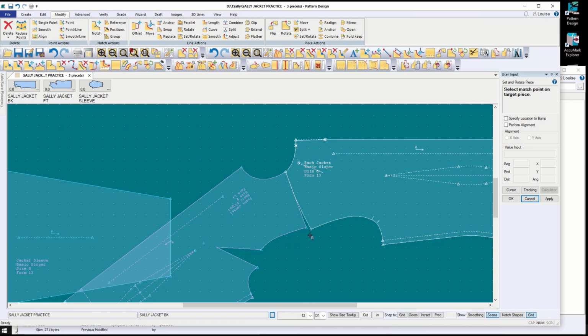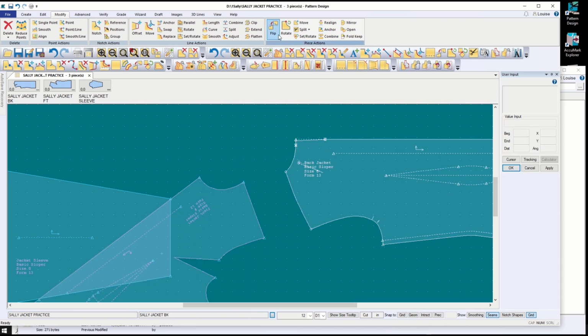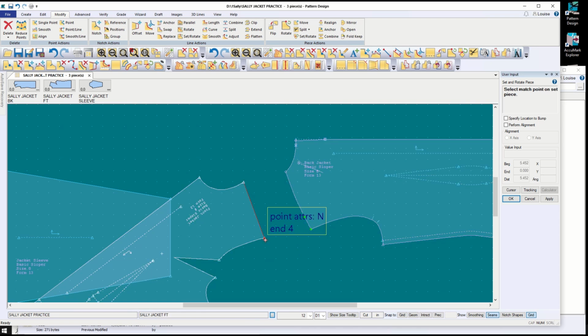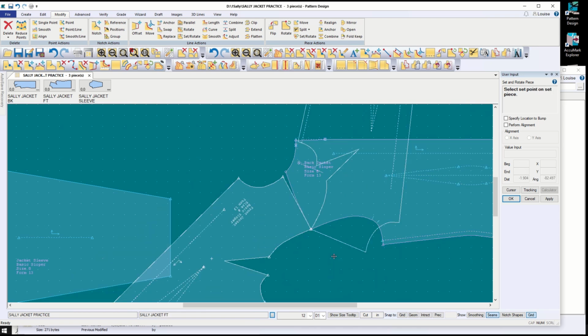The shoulder is wider than the original, and if you have any doubts, you can just go back to the original because it hasn't been changed yet and look at it. So I still have a nice smooth curve here,